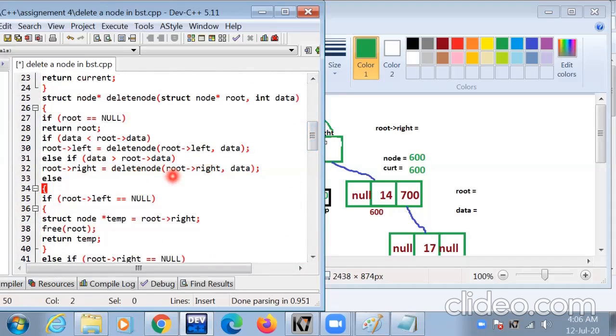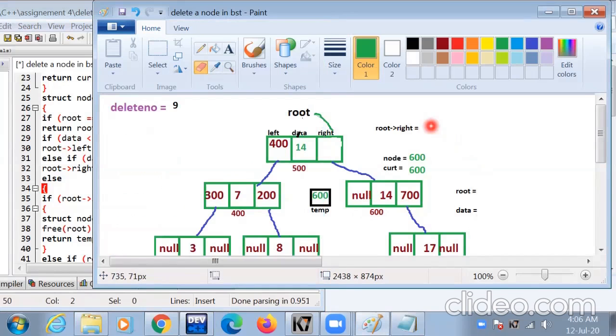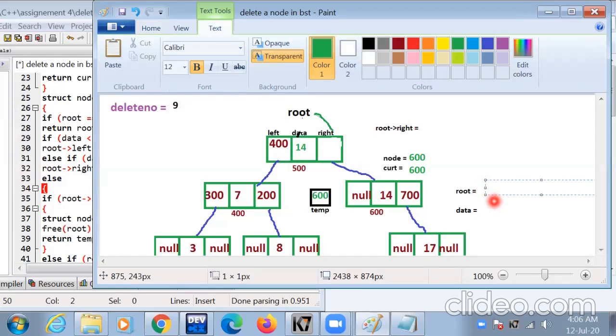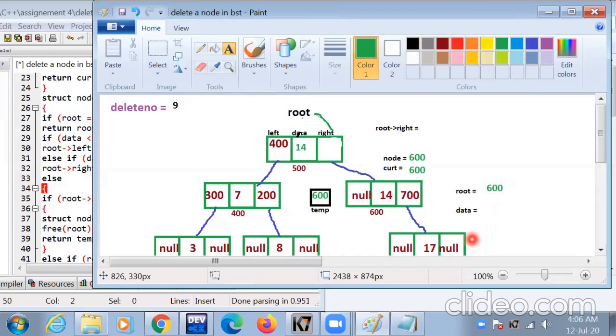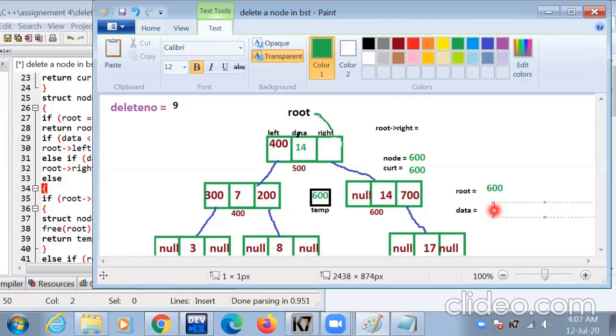This is the delete node function, root right value is 600 and data value is 14.